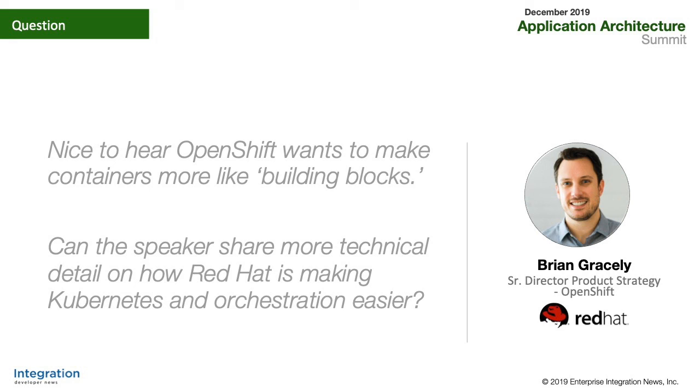Red Hat is the second largest contributor to Kubernetes. We very much believe in the technology. We believe it was really important for us to help co-develop it with the community, with Google. So we believe at one level, we've already made Kubernetes much easier by just embedding it into OpenShift. You don't really see it. The developer, you don't have to know a lot about it. And then what we do is we try and spend our time not only building some tooling,